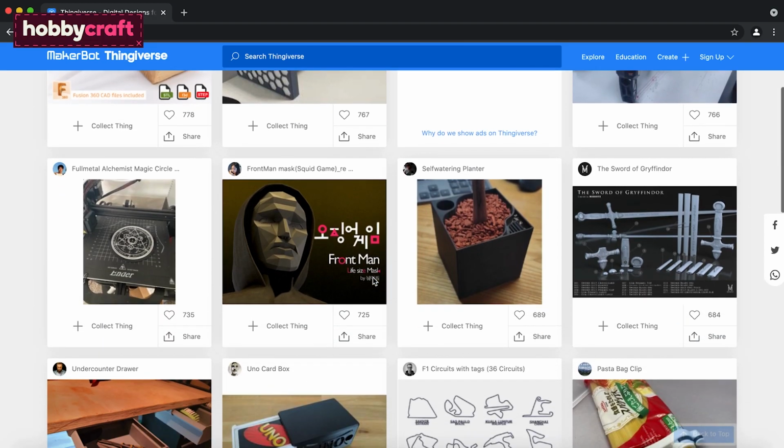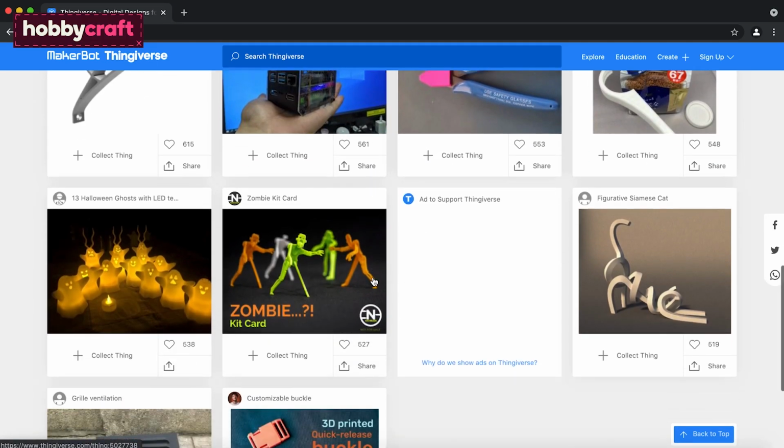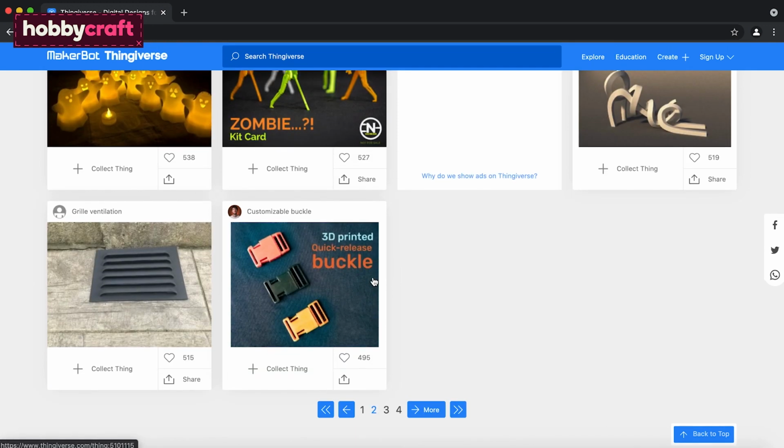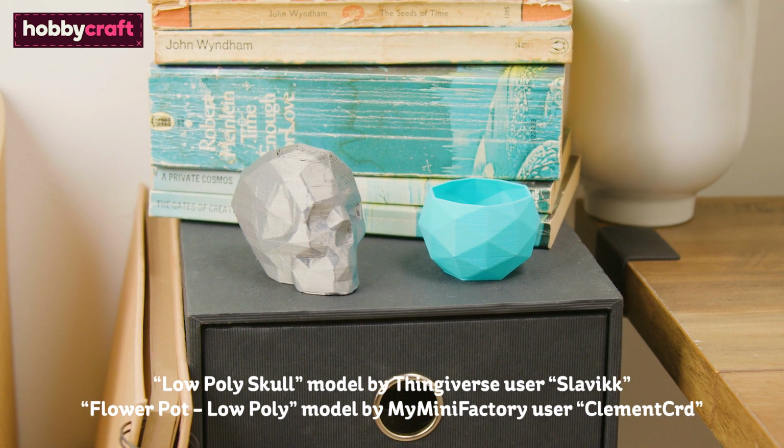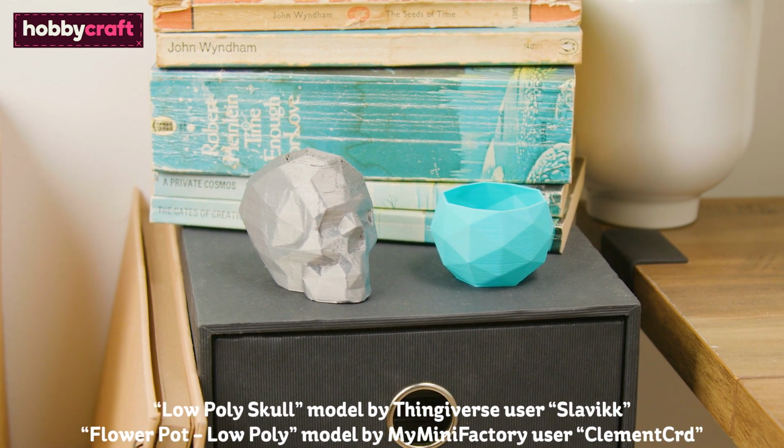Top tip: you can find thousands of free 3D designs on websites such as Thingiverse and My Mini Factory, so you'll always be able to find what you need. This skull was downloaded from Thingiverse and imported into Silhouette 3D. To find more inspiration, head to